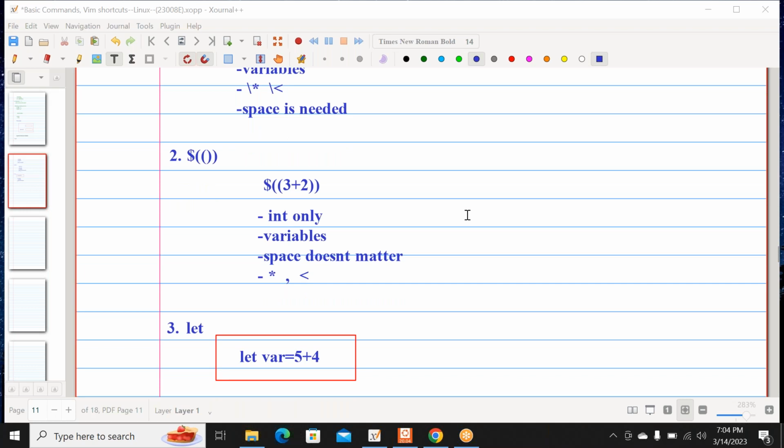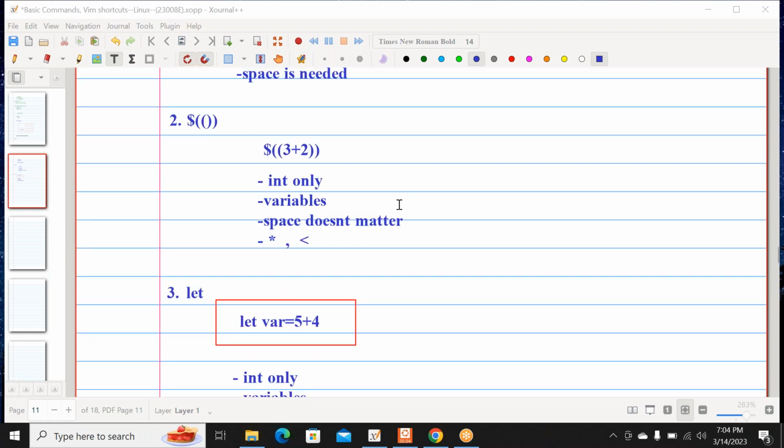So then what we saw about dollar double bracket, right? What is dollar double bracket? What is dollar double bracket? That is what are all the expression we wanted to insert. If we wanted to do, we can insert inside this dollar double bracket. Is it clear, guys? Okay, so dollar double bracket also, it works only for integers, it doesn't work for non-integers,